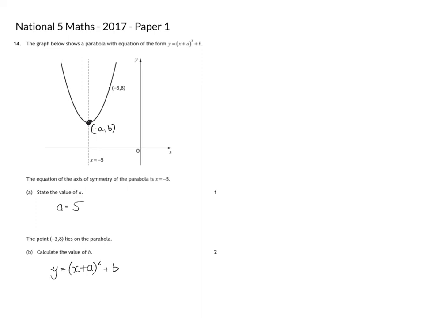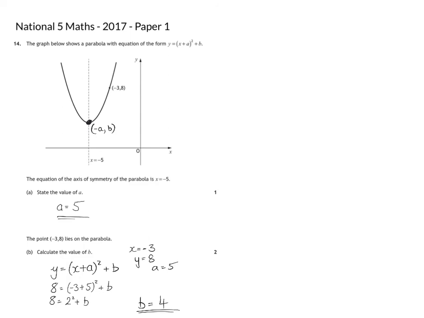So we know that x is negative 3, we know that y is 8, and we know that a is 5. So we can put all those things in, so we get 8 is equal to negative 3 plus 5 squared plus b. So we get 8 is equal to negative 3 plus 5, which is 2, so 2 squared plus b. 2 squared is 4, so 8 is equal to 4 plus 4, so b has to be equal to 4